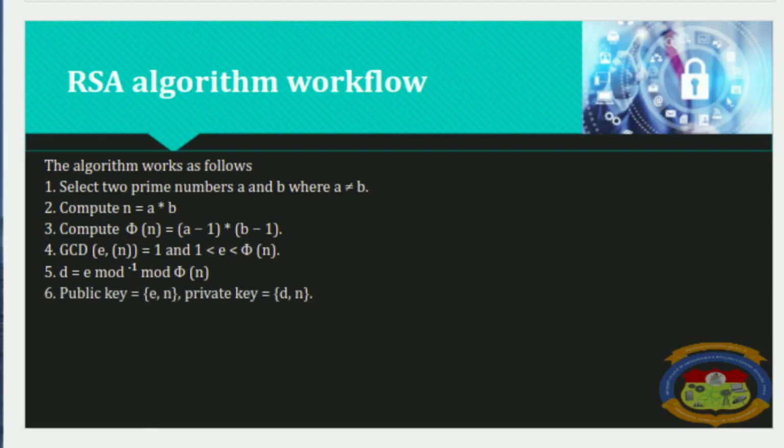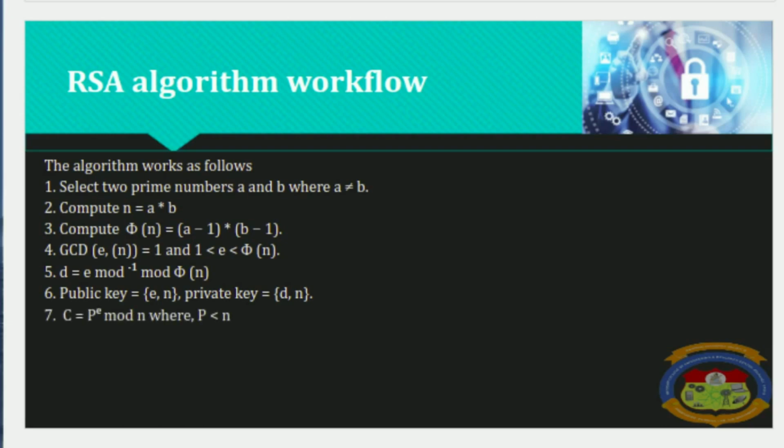In step 6, the public key is equal to the pair (E, n). The public key is shared openly. It is not so important for E to be a random number. In practice, E is generally set to 65,537, because when much larger numbers are chosen randomly, it makes encryption much less efficient. The private key will be (D, n).